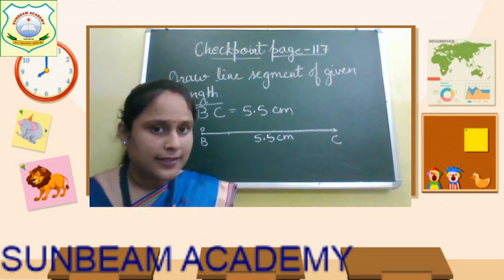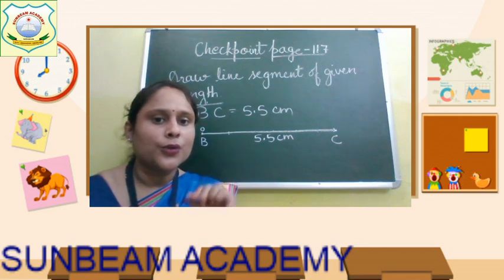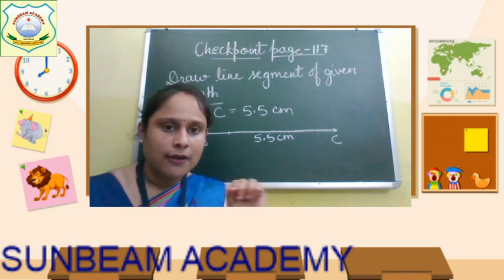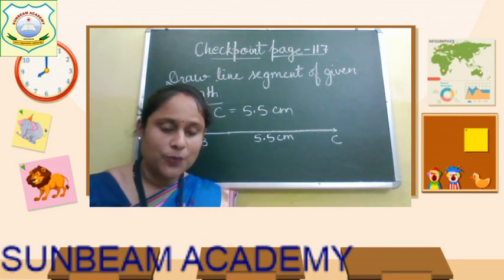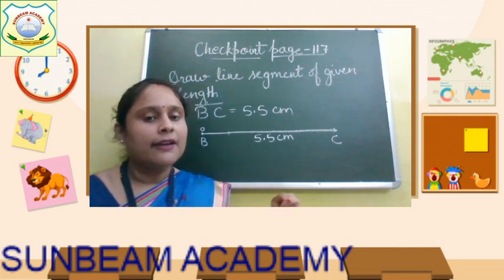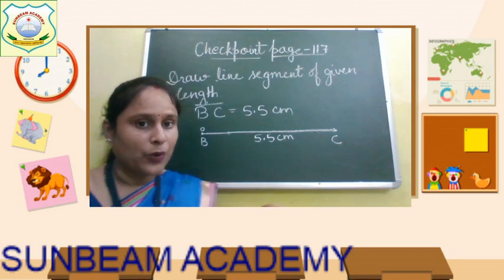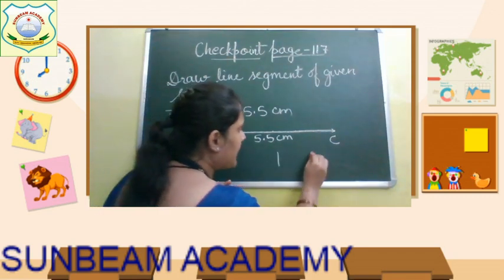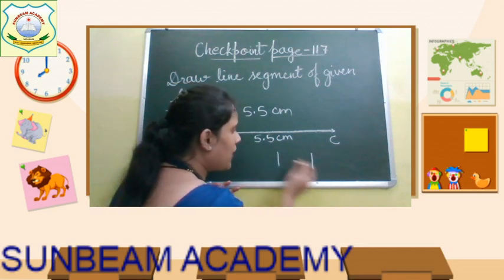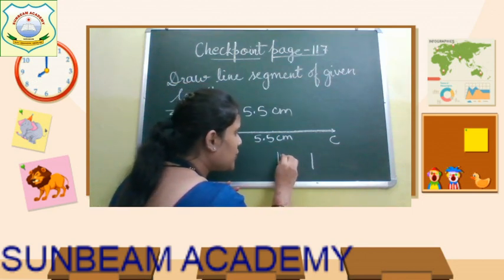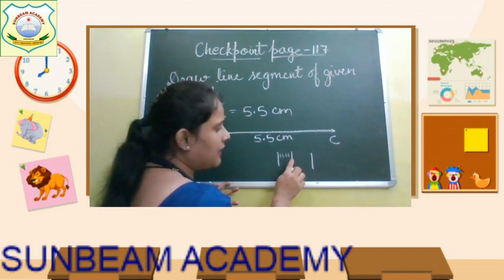I have told you how to count 5.5 centimeter. 5 centimeter you can see on the scale. Now go to the 5 smaller points. After 5 comes 5.1, 5.2, 5.3, 5.4 and 5.5. You will find the points like this. Like this is 1 centimeter, no? So there are smaller points like 1, 2, 3, 4 and 5. This is the middle one.